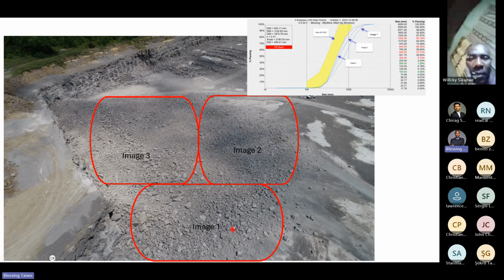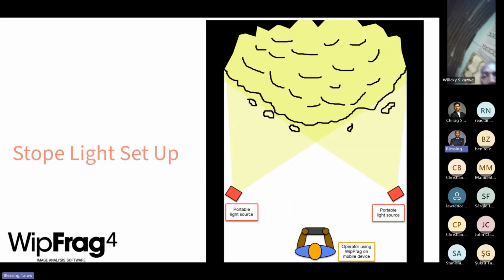Then you can merge the images together to create a single analysis file. The software is smart enough to give you a result for a single blast. If these images are coming from a single blast, you can match them together on the software, which I'm going to demonstrate when I'm on the interface.